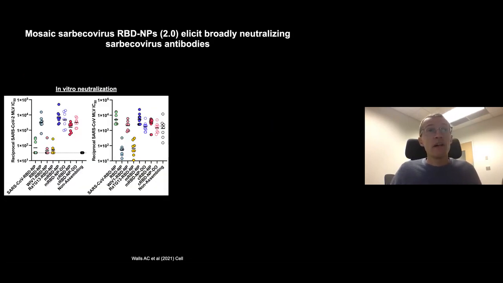So vaccination of mice with this mosaic, we have various flavors of mosaic containing 3 or 4 RBDs, and just in the interest of time, I just consider them all together to show that they elicit broadly neutralizing antibodies, neutralizing SARS-CoV-2 on the left-hand side. And the 4 groups shown, I apologize, my pointer doesn't show up, but the groups shown in purple and pink are equivalent to the homotypic neutralization shown by the light blue group for SARS-CoV-2 on the left, and compared to the green group for SARS-CoV-1 on the right-hand side.